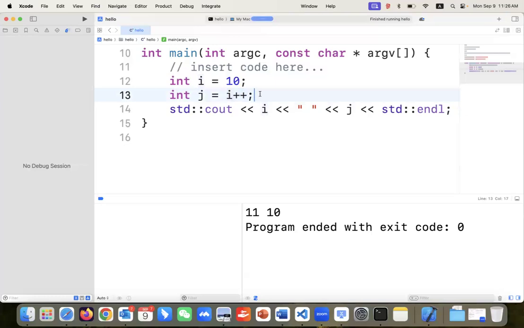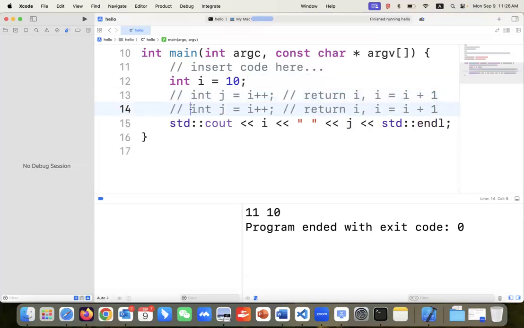In this case, because it's on the right-hand side, it will first return i, then do i equals i plus 1. So first it will return i to j, then it will do i plus 1. But if, let me comment this out, but if it's